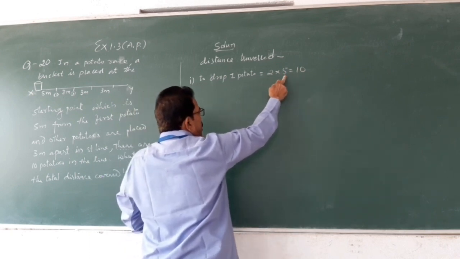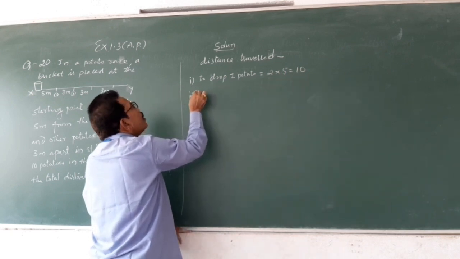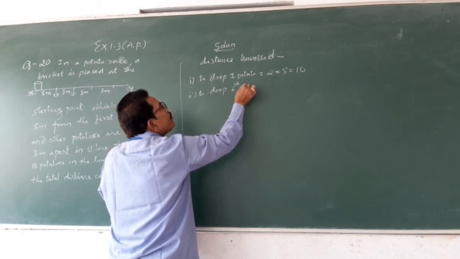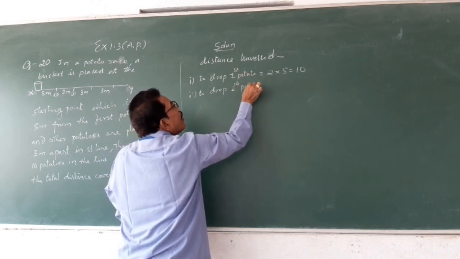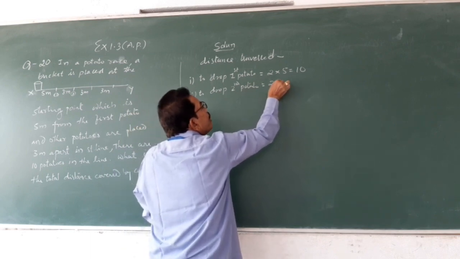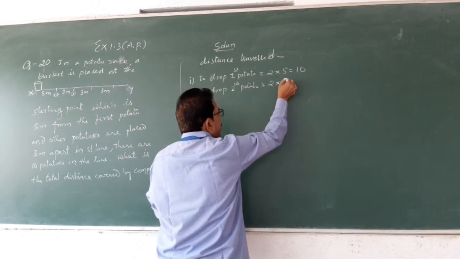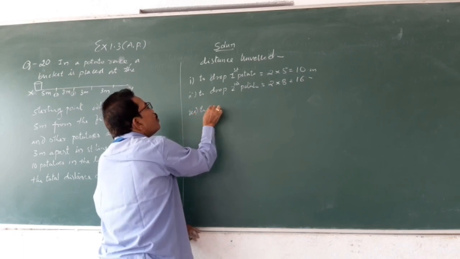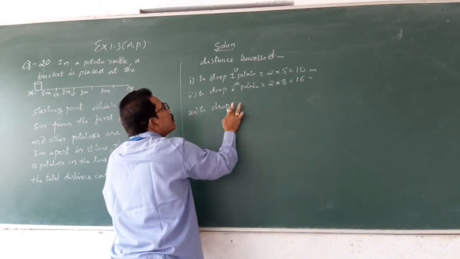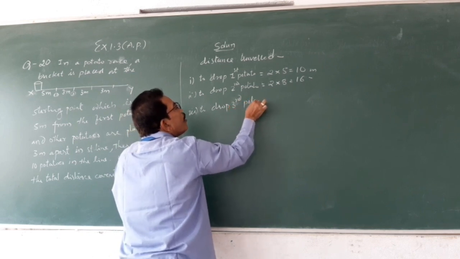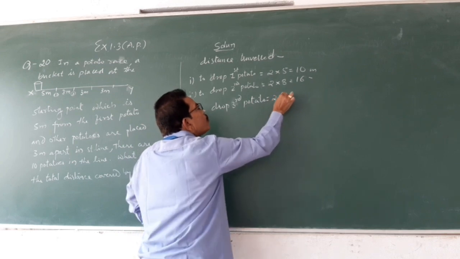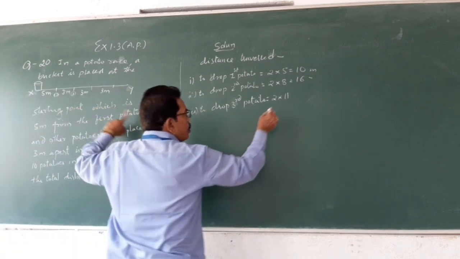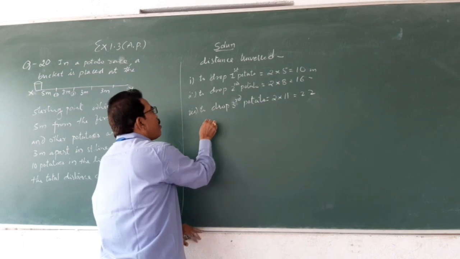Twice he has to run. The distance is 5, so that is 10. Then to drop the second potato, two into (5 plus 3) he has to cover, that is 16. Then to drop the third potato, two into 11, because 5 plus 3 is 8, 8 plus 3 is 11, that is 22. So the pattern of AP is